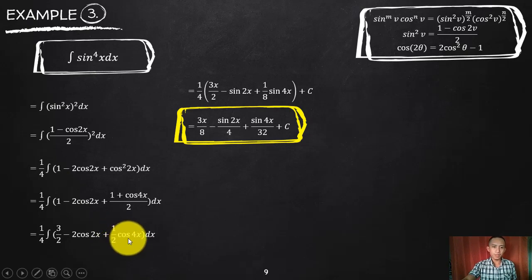So that we can again apply your integral of cos u du will become sine u. But again, 1/2 and the balancing factor 1/4 will multiply into 1/8. So 1/8 sine u. Okay, then everything is multiplied again by 1/4. The 1/4 is the one factored out outside, plus c. Then you can simplify. That will become 3x over 8. That will become minus sine 2x over 4. That will become 1 all over 32 sine 4x. Sine 4x over 32 plus c. So that is for number 3.